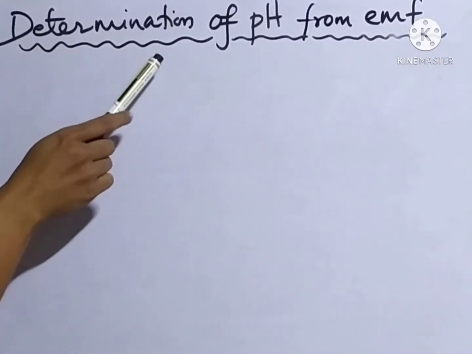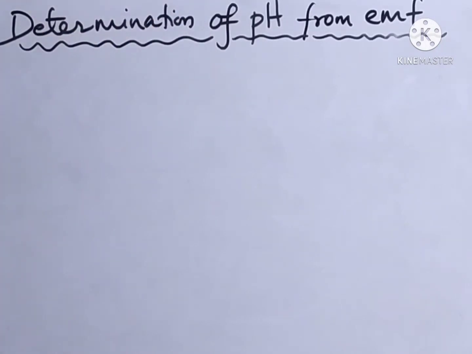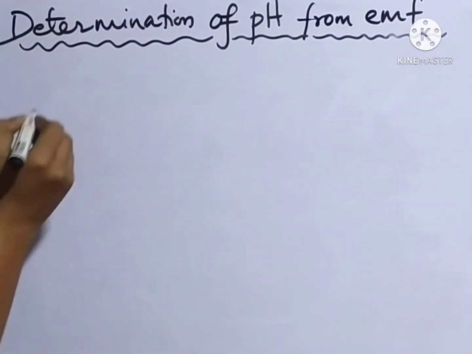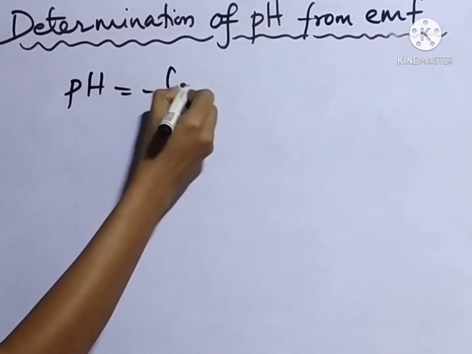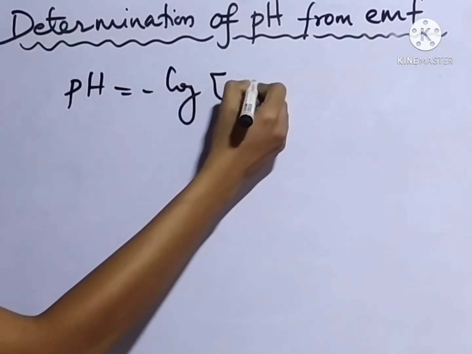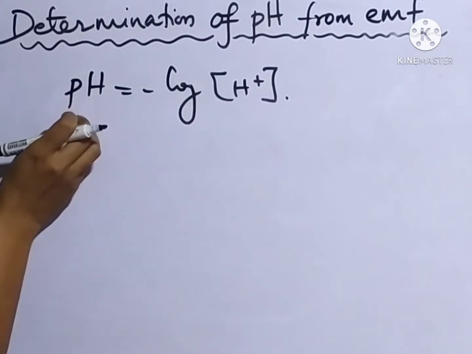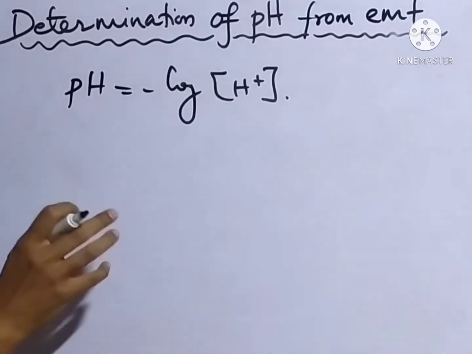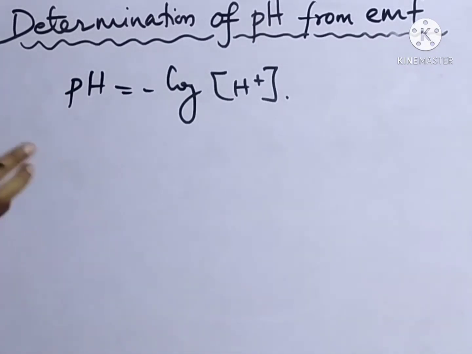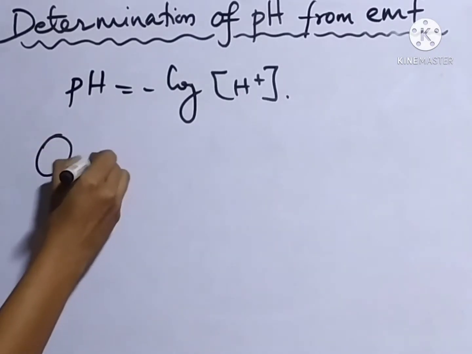This video is about the determination of pH from EMF measurements. You know, pH is the negative logarithm of H plus ion concentration. Here we are going to find out the pH value from the measured EMF value. That means we have to construct a cell in which one of the electrodes